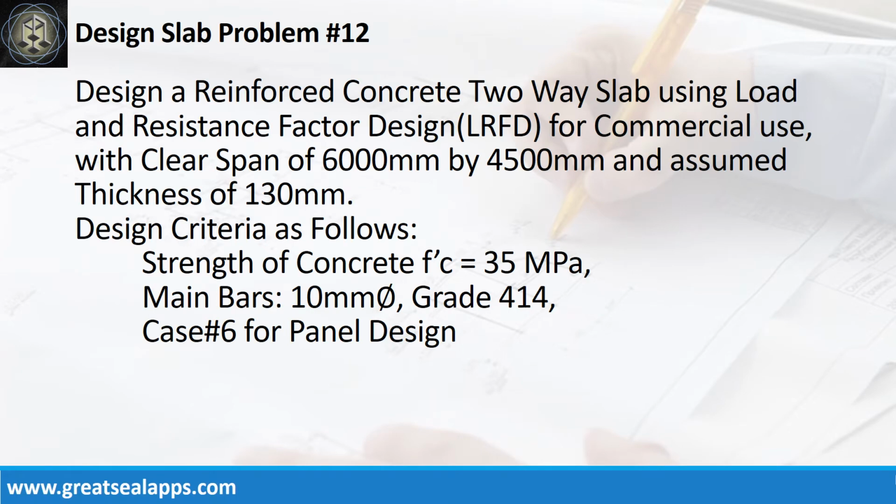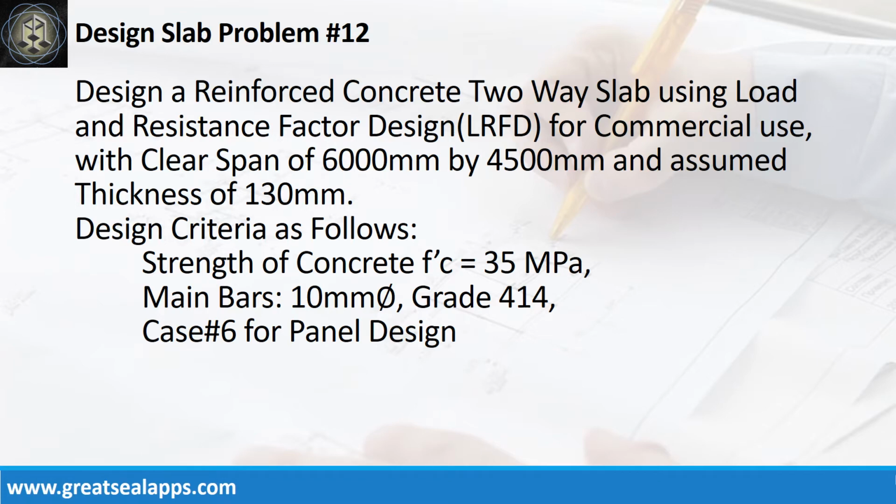Design a reinforced concrete two-way slab using load and resistance factor design for commercial use with clear span of 6,000 mm by 4,500 mm and assumed thickness of 130 mm. Design criteria as follows: strength of concrete 35 MPa, main bars 10 mm bar grade 414, case number 6 for